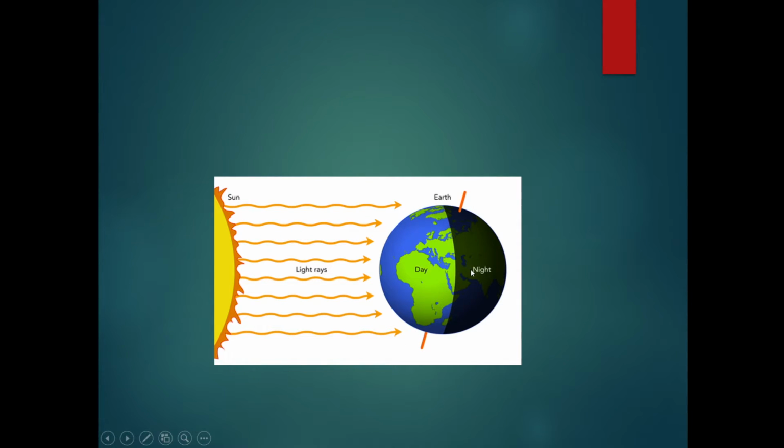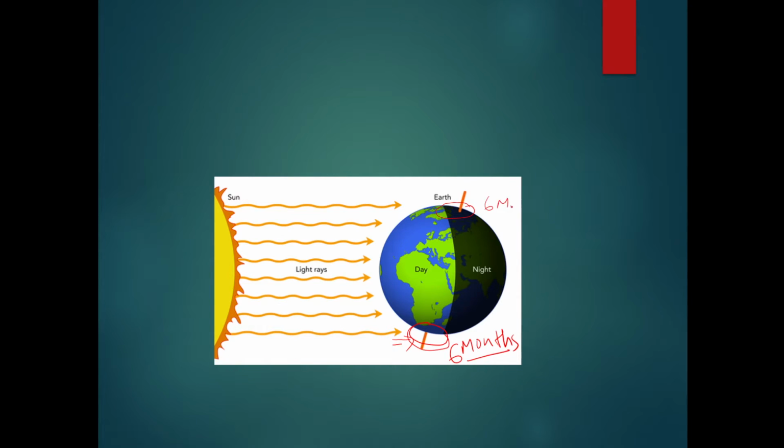This is daytime and this is night time. You can see it closely, then you will find that this portion is tilted towards the sun, so it will get the sun for about 6 months. Okay, continuous 6 months it will be illuminated, and this 6 months and this north pole will be in dark